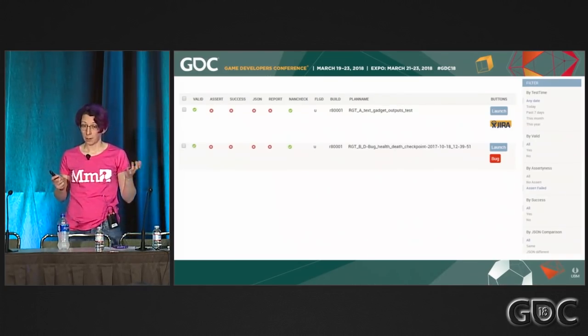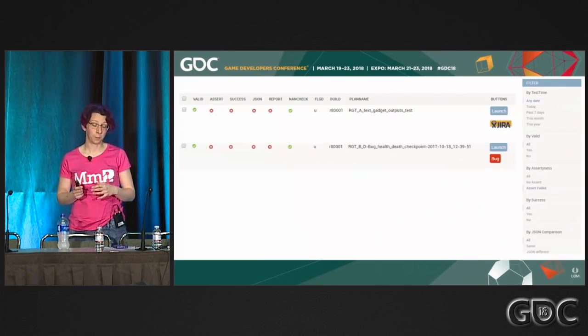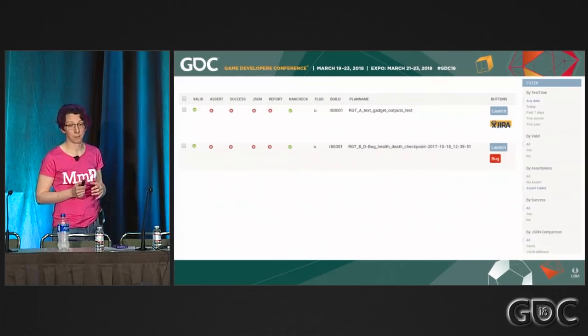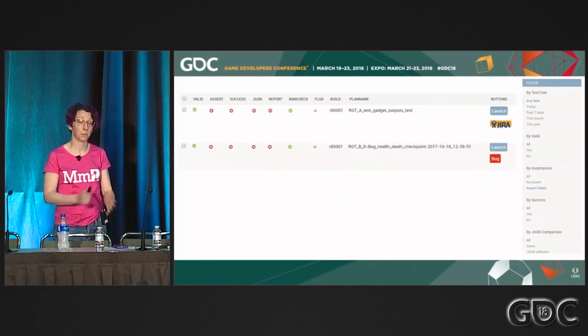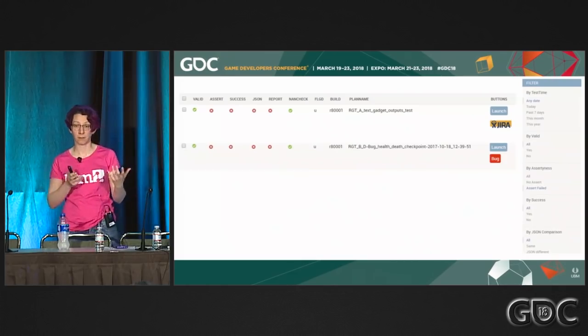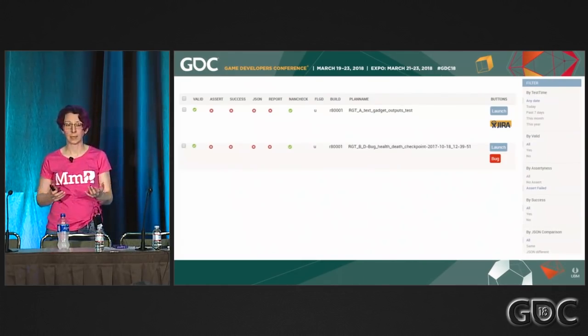If there is no bug in Jira for the issue, then you get the red bug button. And that brings up the Jira Create Issue screen, and it pre-fills a whole load of information. Basically, all the information that we've got out of Autobot, we try and pre-fill it into the bug to save QA time and to save them copying and pasting stuff around.